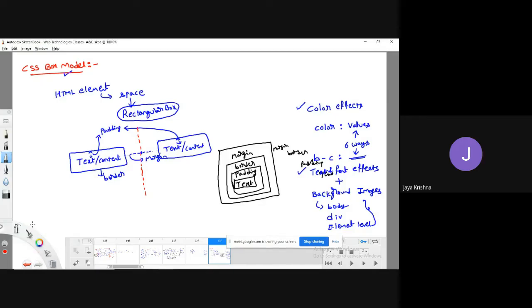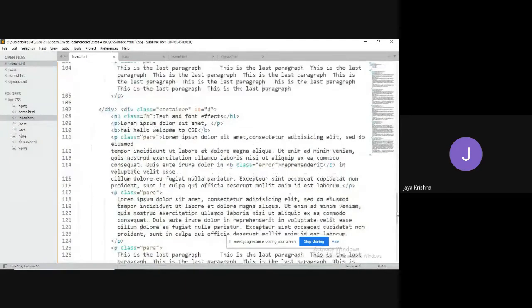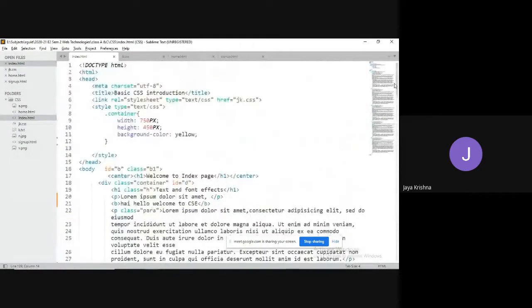Here we'll have various kinds of properties. Among those, two properties I have already discussed. Observe, I have discussed the height and width of an element. For which element am I adding it? For the division tag.